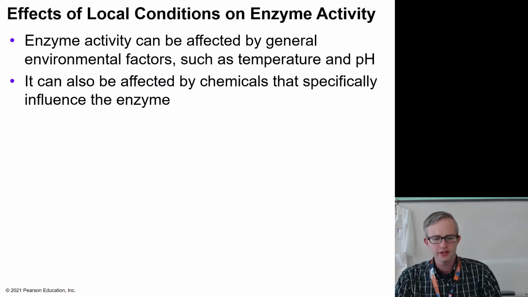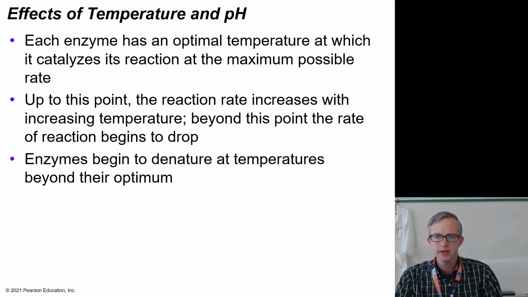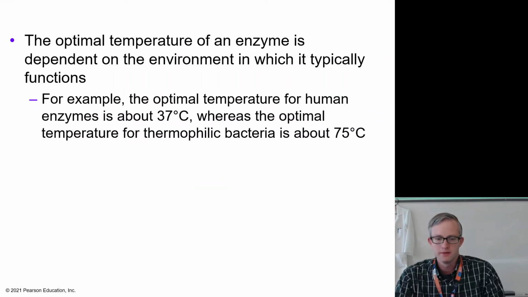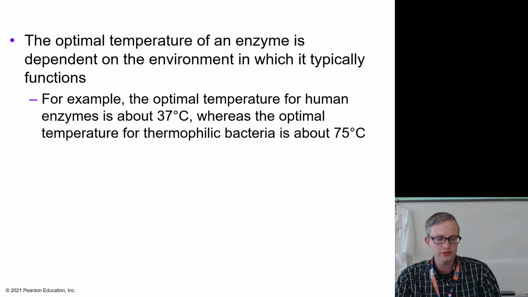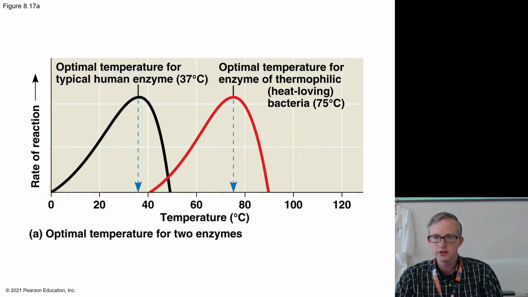Lots of other factors can influence enzyme activity. pH and temperature, for the same reasons as every other protein, can manipulate the shape of these things, which could have negative or positive impacts on how effective they are. For this reason, we would expect to find certain enzymes that are optimized for certain temperatures or for certain pHs.